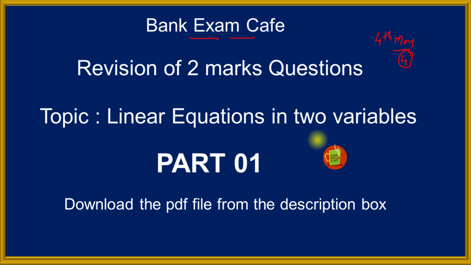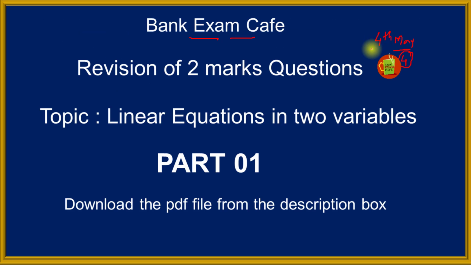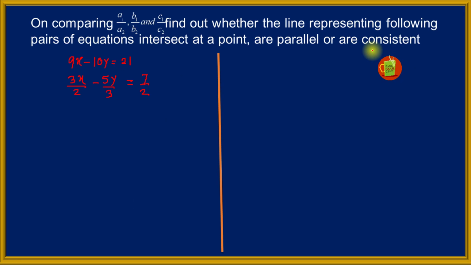Now let us see the first question of today's episode. On comparing A1 upon A2, B1 upon B2 and C1 upon C2, find out whether the lines representing the following pairs of equations intersect at a point, are parallel or are consistent. Friends, we have studied the 3 conditions. Before doing this question, we will revise all these 3 conditions which we have studied earlier, and those 3 conditions are: